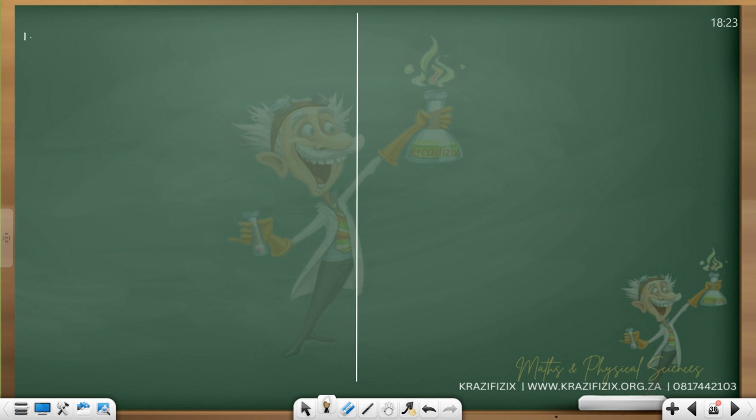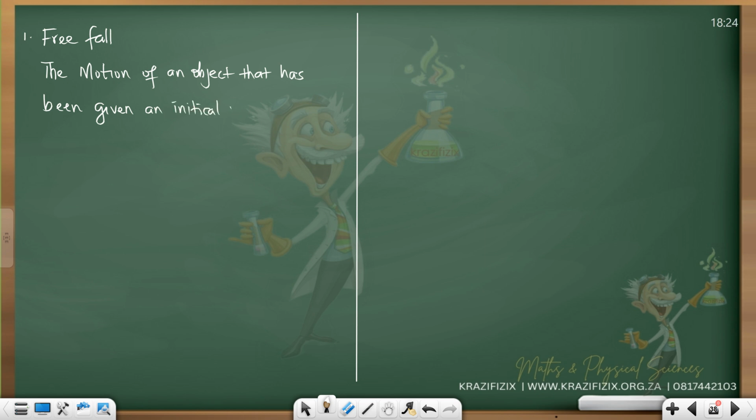So free fall, number 1, is the motion of an object that has been given an initial velocity